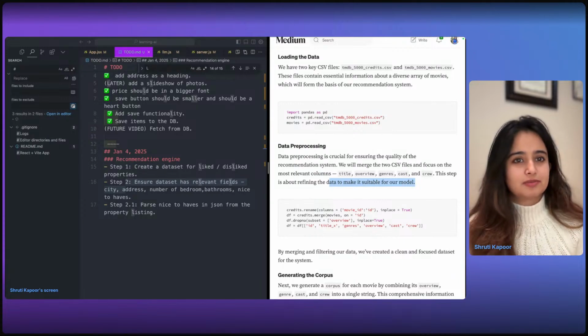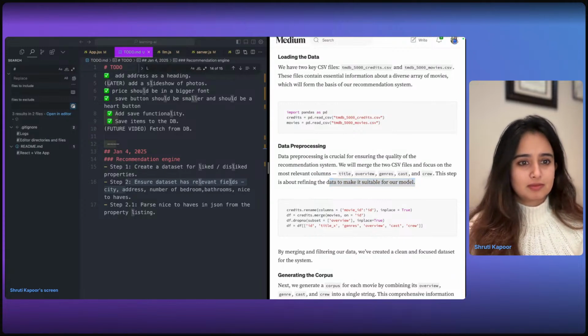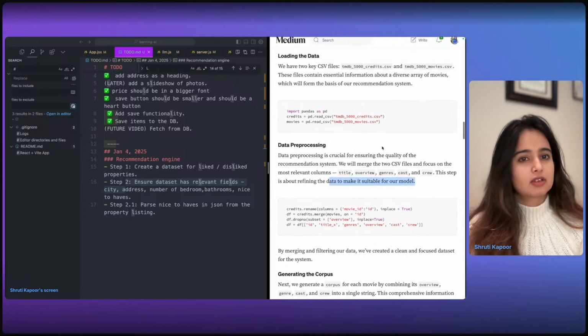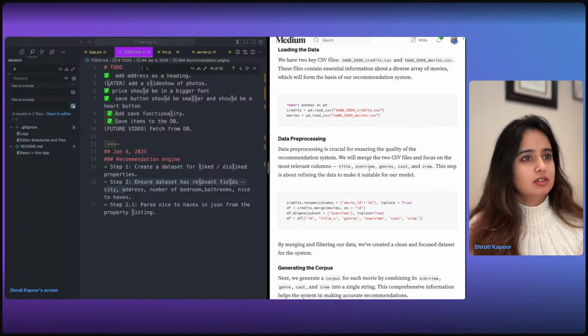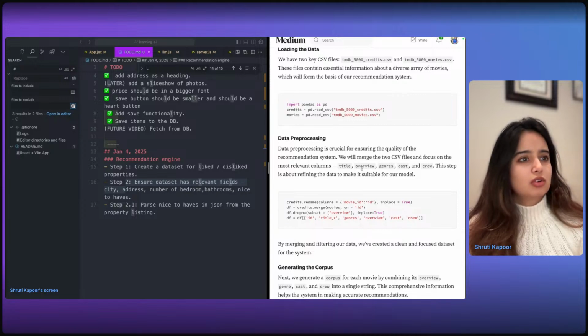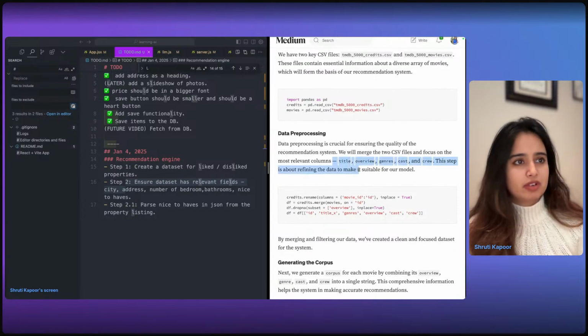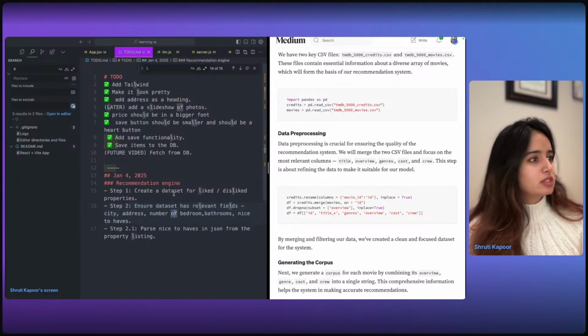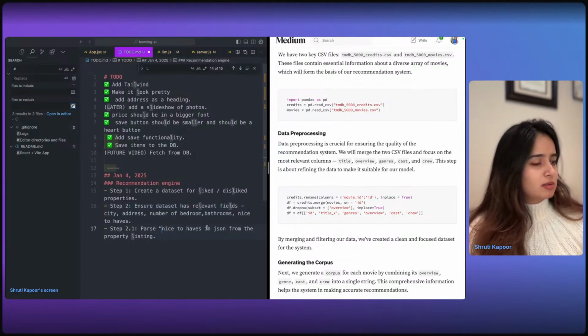Pre-processing. Okay, so we got that. This step is about refining the data to make it suitable for our model. So we've got that. Parse nice to have in JSON from the property listing.